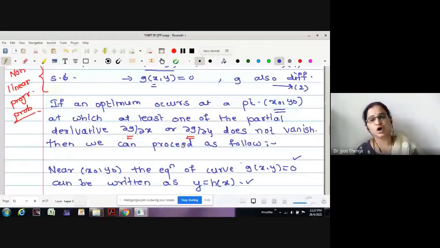Therefore, these conditions are equivalent to the optimization of the unconstrained objective function. Here there is no constraint now for this L. Therefore, this is an unconstrained problem. Therefore, these three conditions